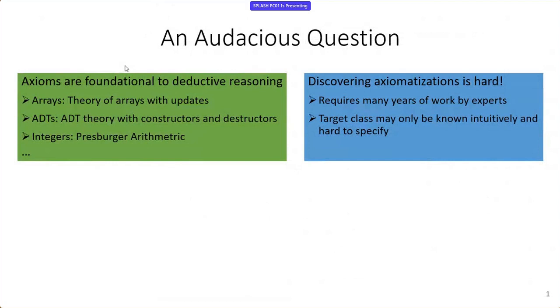And we often work with a class of structures in our mind, let's say groups or arrays, the theory of integers with addition, even heaps. And we write down properties about them. And we develop a vocabulary in this process, and we use those properties to reason abstractly about these structures. And that's how we get things like Presburger arithmetic or the theory of arrays with updates and things like that.